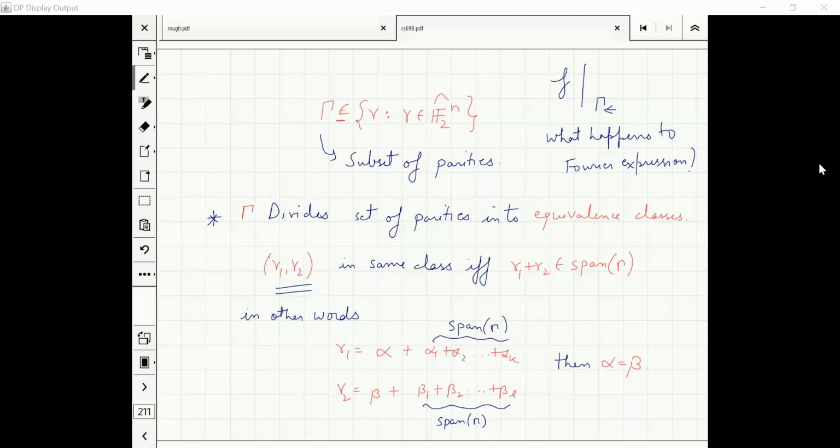That means when I take the Fourier expression where I fix gamma, gamma 1 had a monomial before, gamma 2 had a monomial before. What will happen to those coefficients? They will be replaced by constants. Yes, they will be merged. They need not be replaced by a constant. They might get merged. So, for example, if it was x1, x3 and x2, x3, and I had fixed x1, x2, x3.